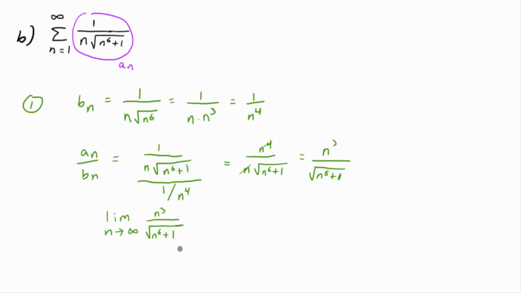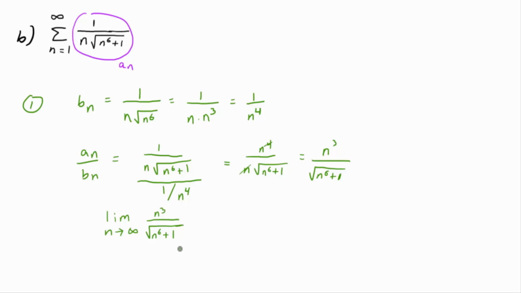How about the highest power of n in the denominator? And you have to take into account the square root. Now, you can't rewrite this as the square root of n to the 6th plus square root of 1 in the denominator. You can't do that. But when we're trying to evaluate this limit, we want to multiply numerator and denominator by something so that we get a limit we can evaluate. And the trick, when it's just a rational function, is you play with it,